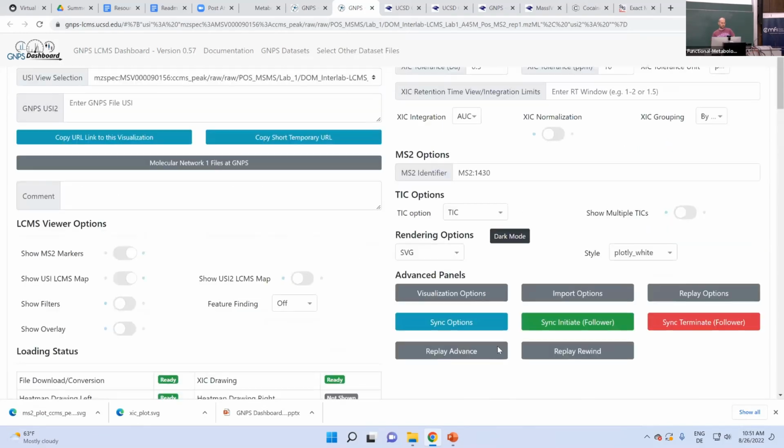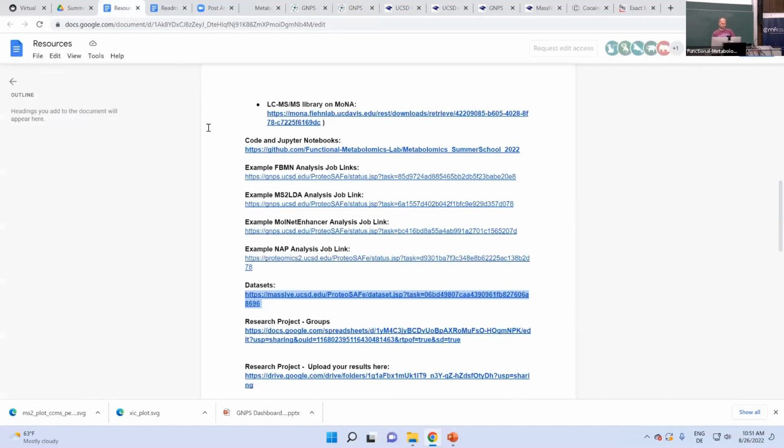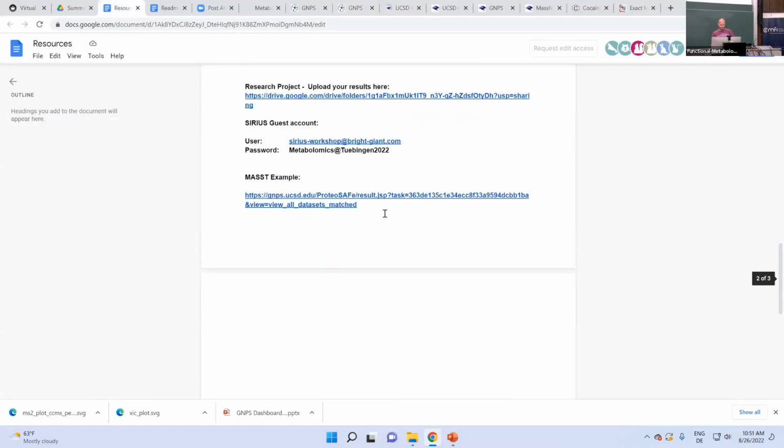And then very importantly, I click here on copy URL link to this visualization. Now, this is a very long link, but in the SI, I might not be limited. So